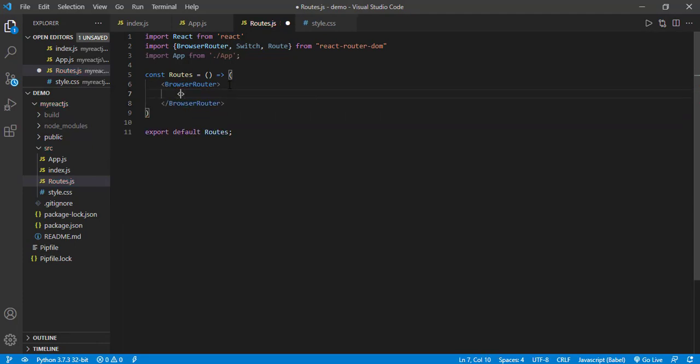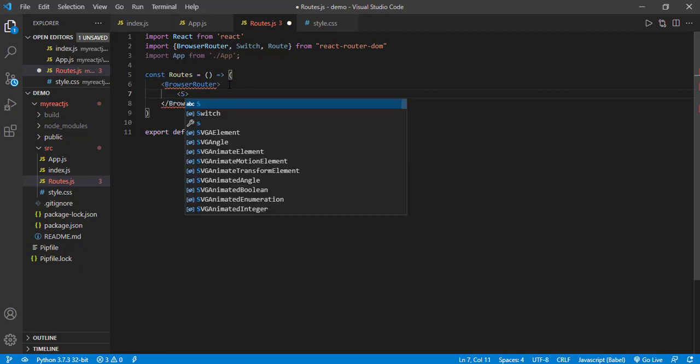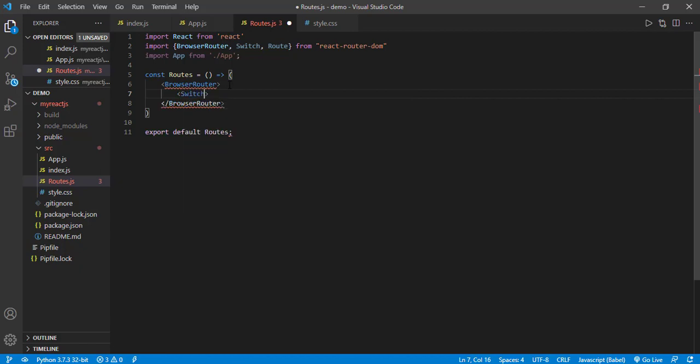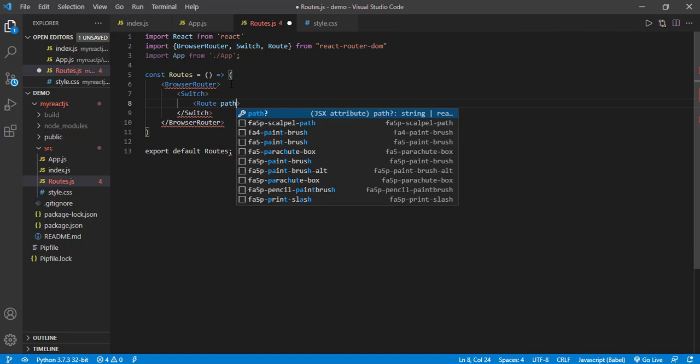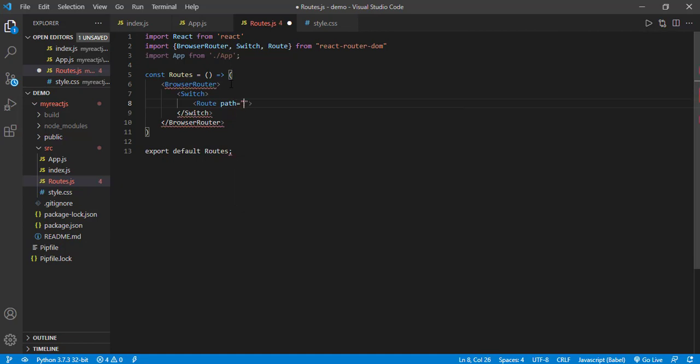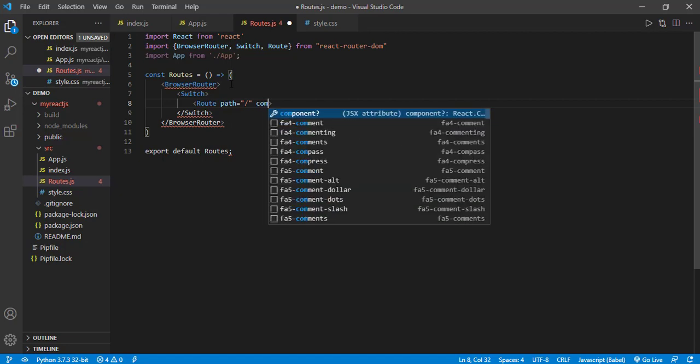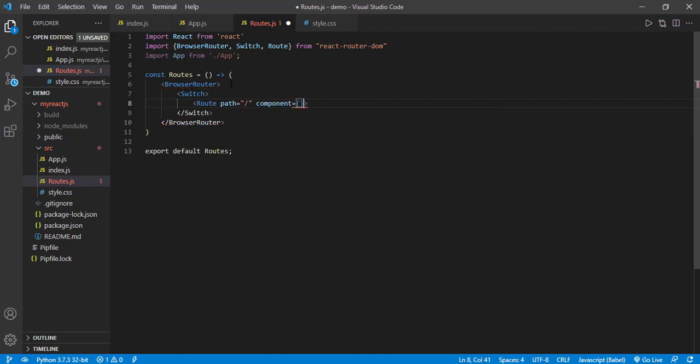Inside the browser router we call a switch, and inside the switch we call a route. Route gives the path, by default it is slash, and then the component. Inside the component we call app.